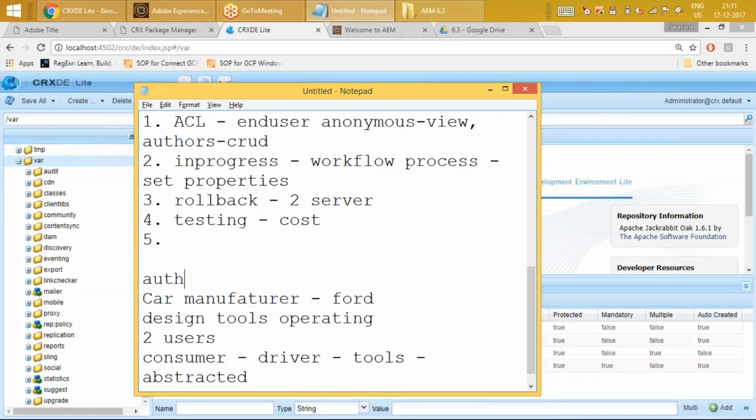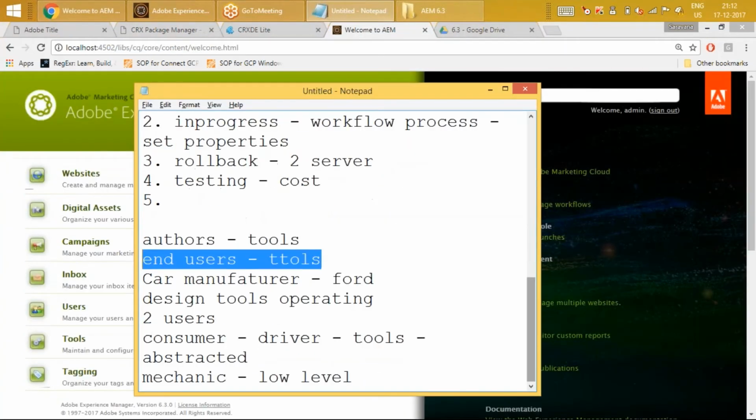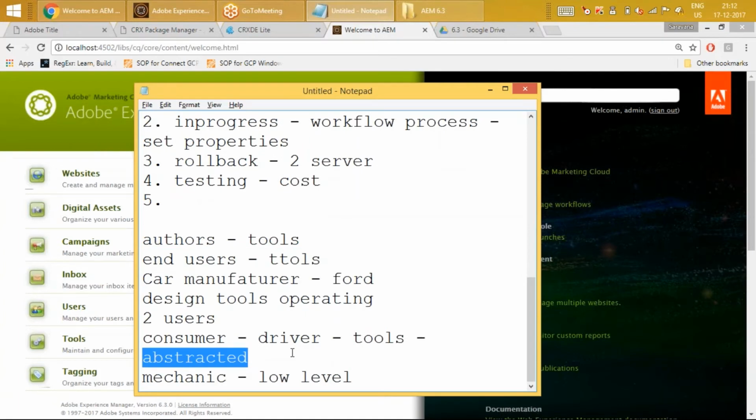The end users will be presented only with the nicer version of what you view on the website alone, whereas the authors are the mechanics. They will get access to more tools. They will know how to operate the engine, or open it up and do stuff that a regular customer will not be able to do. The difference between an author and a publisher is that the number of tools exposed is completely different from the tools exposed for the end users.